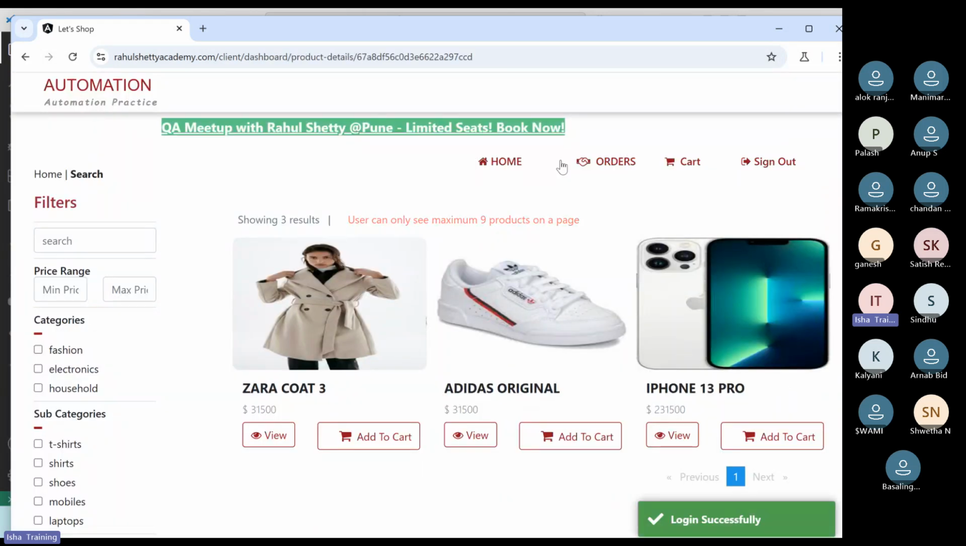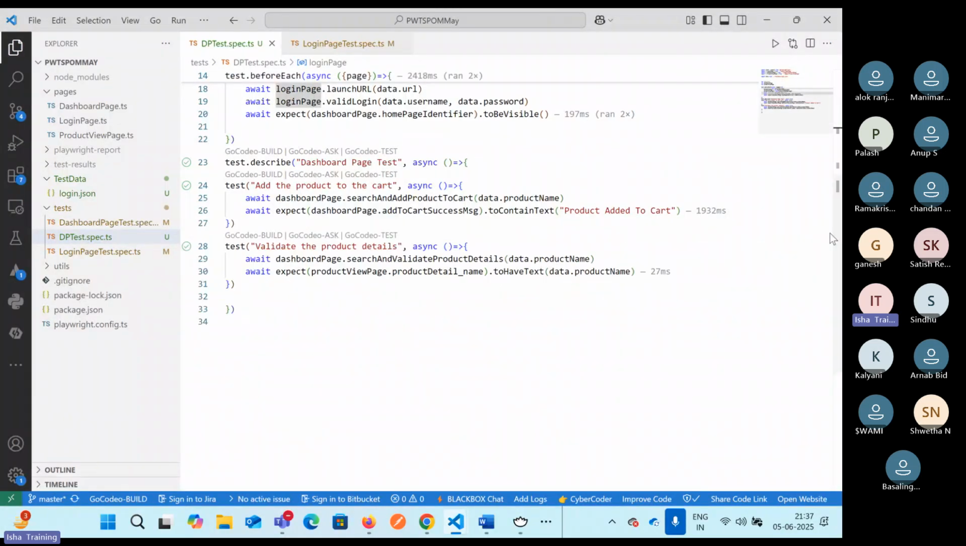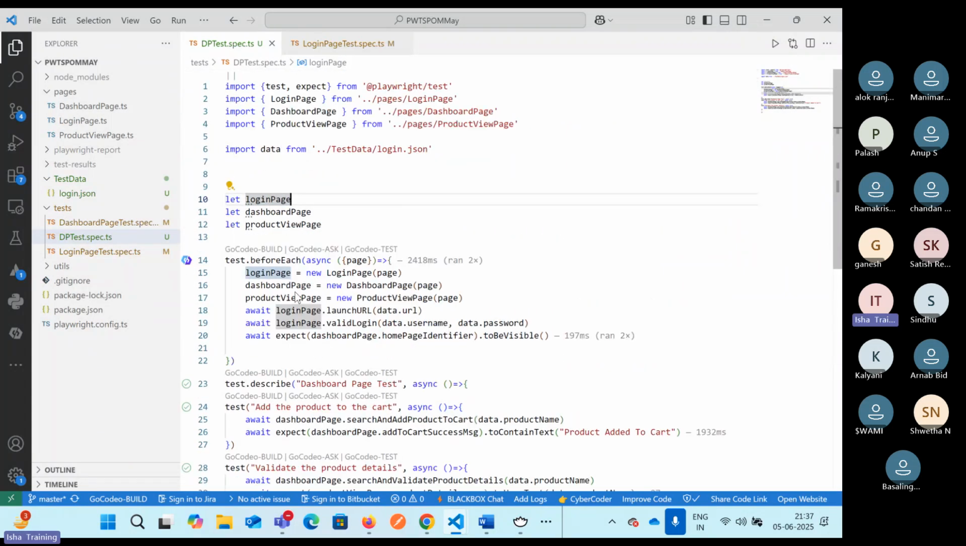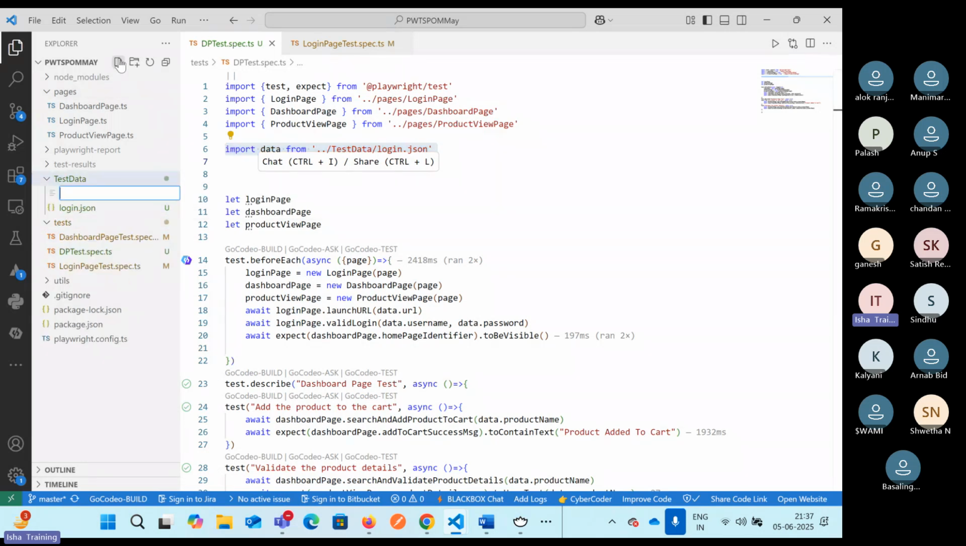As I have given beforeEach, it is working in a different way. Okay, so putting data inside JSON becomes easy, but this is easy only when you are not performing data-driven testing. When you are trying to perform data-driven testing, we have to write it a bit